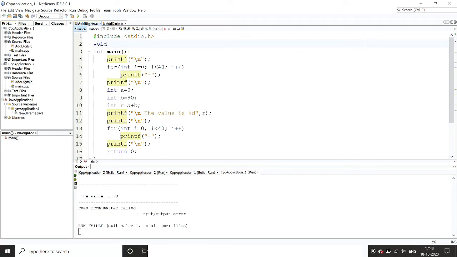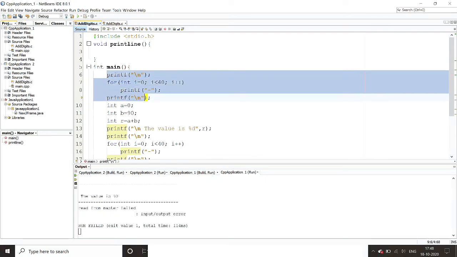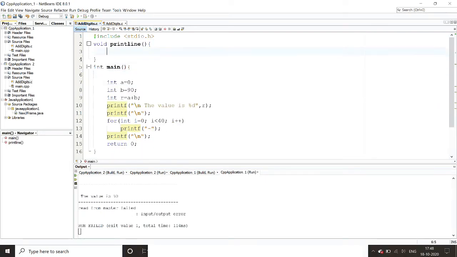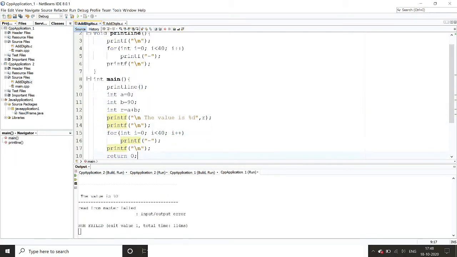I'll explain all these things to you. I'll write printLine, and then I'll copy this thing, Control X, right here. And here I'll just call printLine, and I'll remove this also.